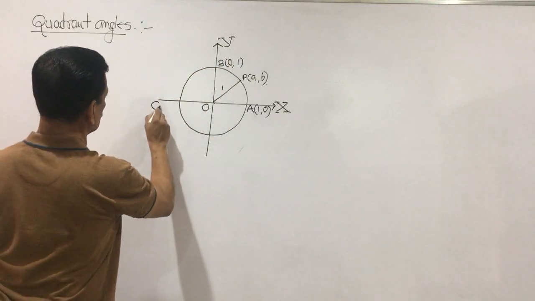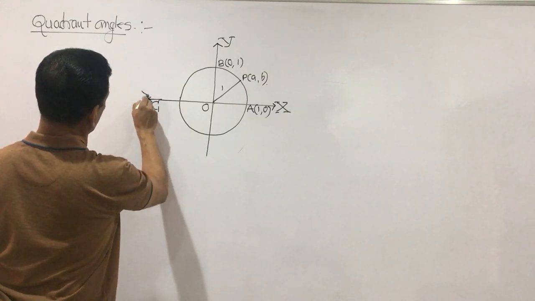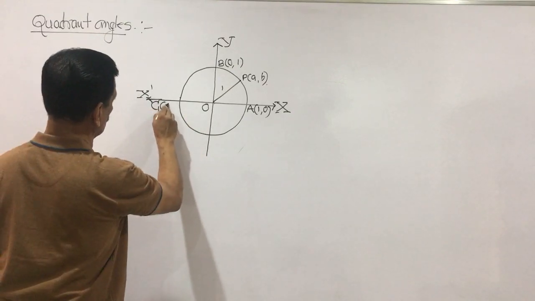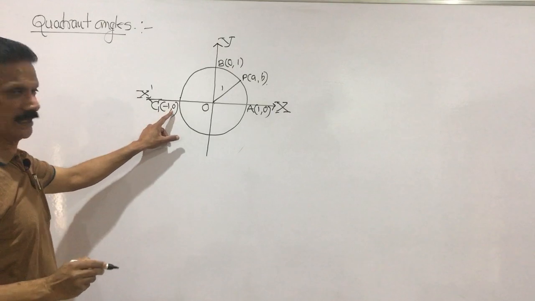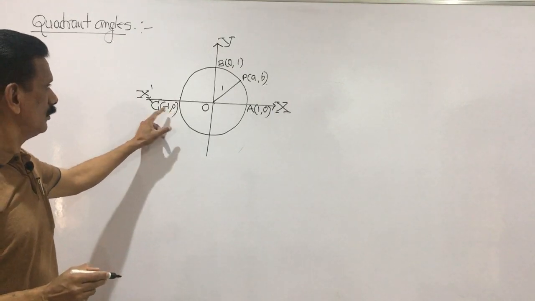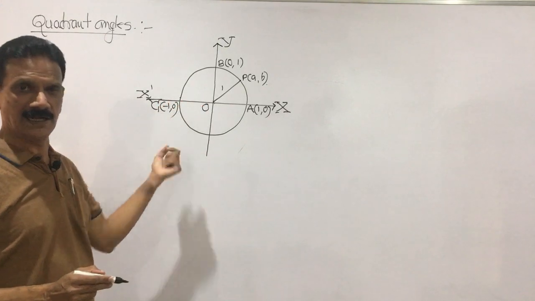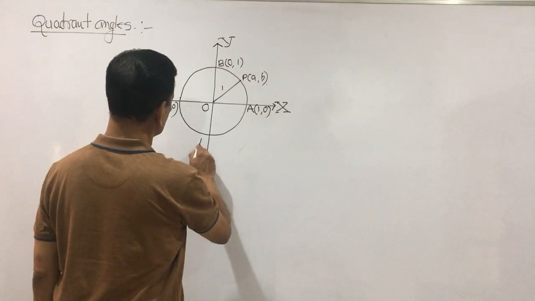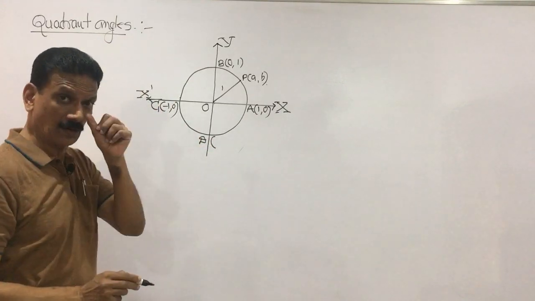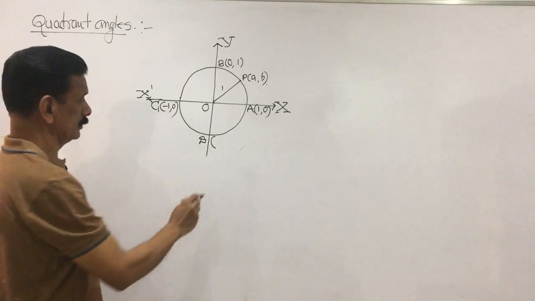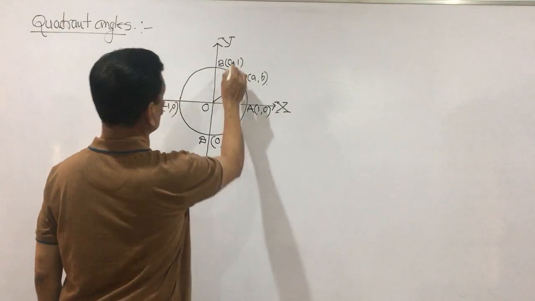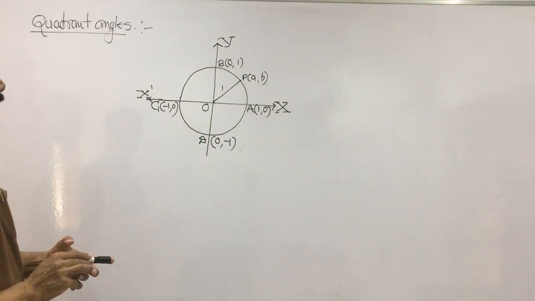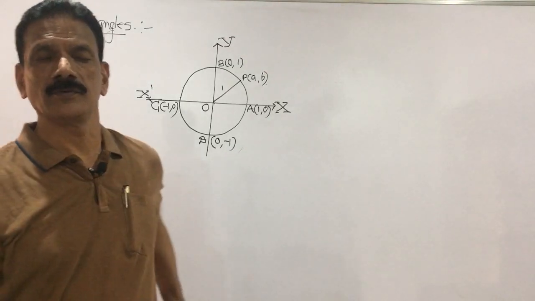And when we have this point C, here it is the negative x axis, which is x dash, and this point C is nothing but (-1, 0), because any point on the x axis has y coordinate 0 and x coordinate OA, but it is on the negative side of the x axis, so we take that as minus 1. And this is a point D, and you know that the x coordinate is 0 and the y coordinate is minus 1, here it is plus 1. So this is regarding the rectangular system, when we have taken a circle of unit radius whose center is at the origin.